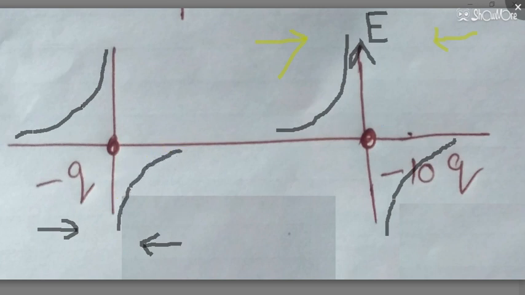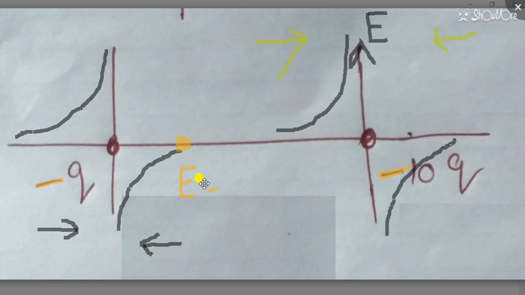Another concept for this question is, if two charges are negative, or if two charges are of the same nature, like positive or negative, then there can be a point somewhere on the line joining them. So students, the point lies near the smaller charge. That means this can be the null point where the electric field is 0. I hope this question is clear to you now.